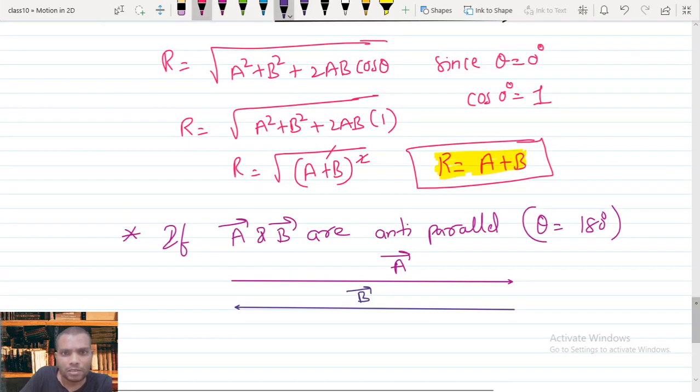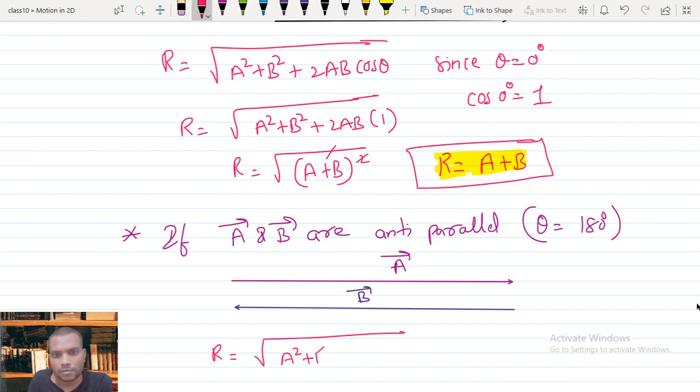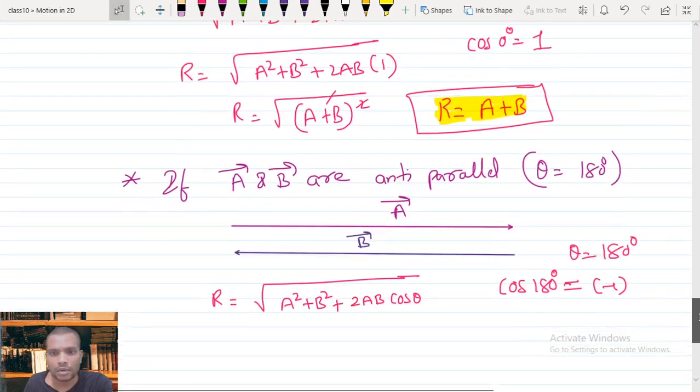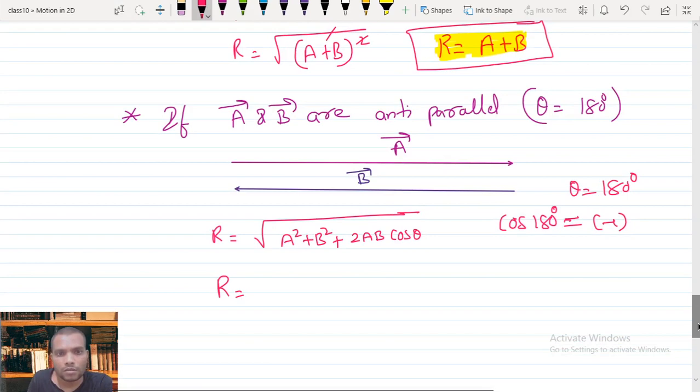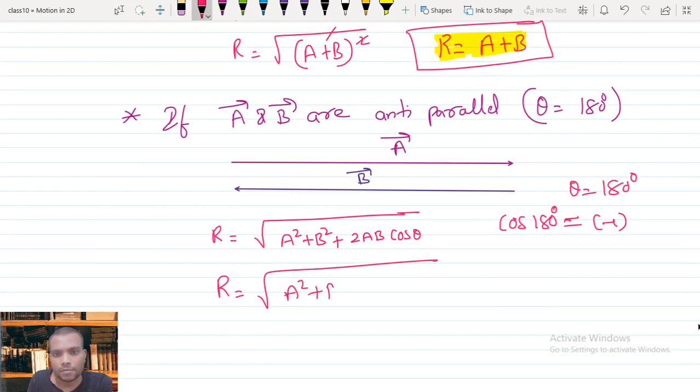Now what is the magnitude formula change? The magnitude formula changes: R equal to square root of A square plus B square plus 2AB cos theta. What is the value of cos 180 degree? Here theta equal to 180 degree, so cos 180 value equal to minus 1. Substitute and rewrite the formula: R equal to square root of A square plus B square plus 2AB of minus 1, and this will turn into (A minus B) whole square,